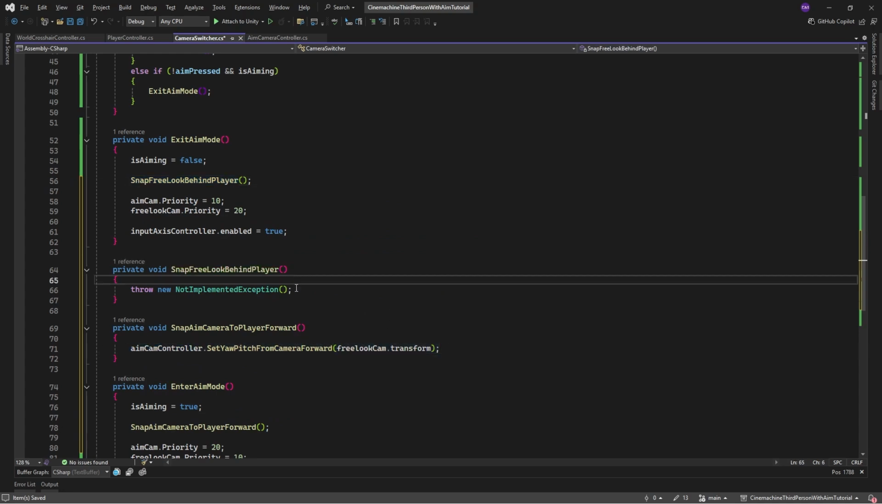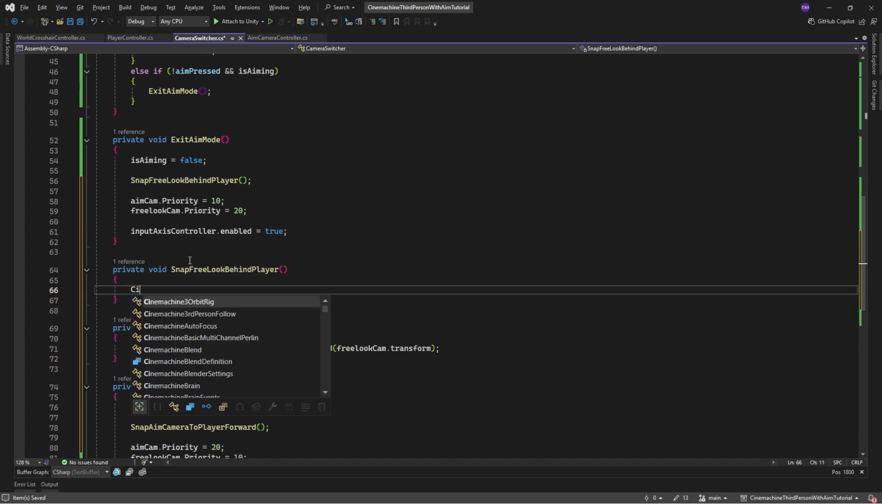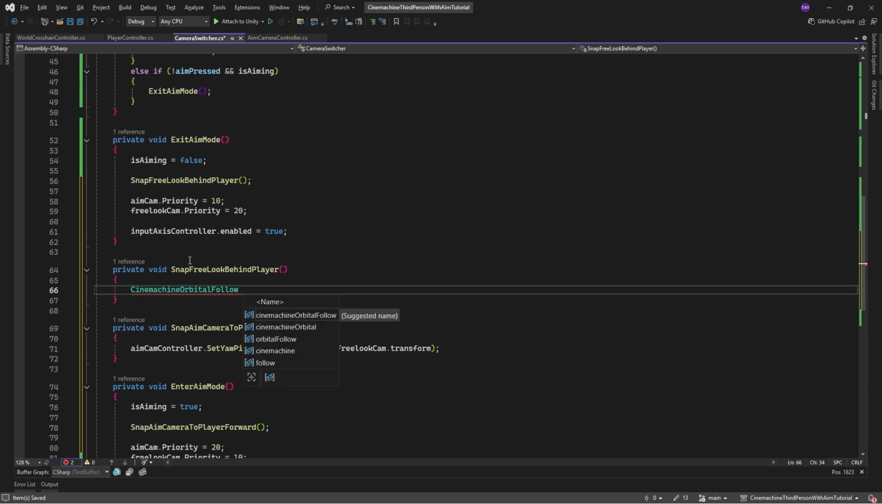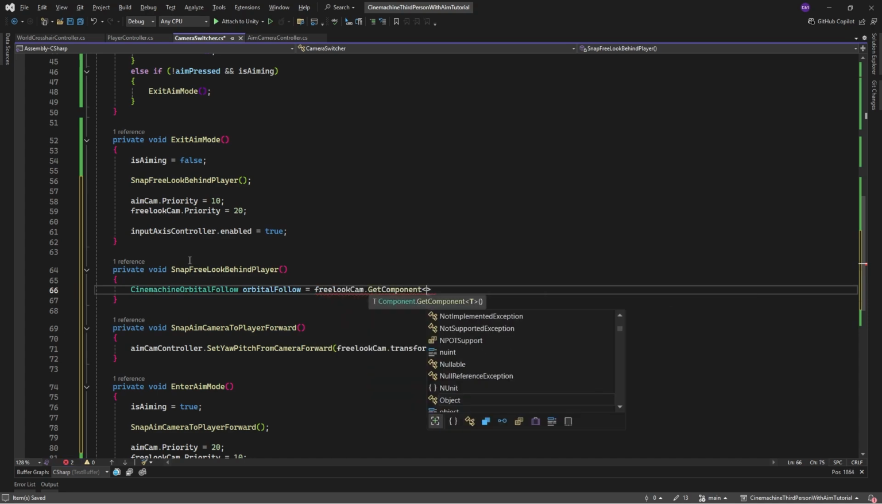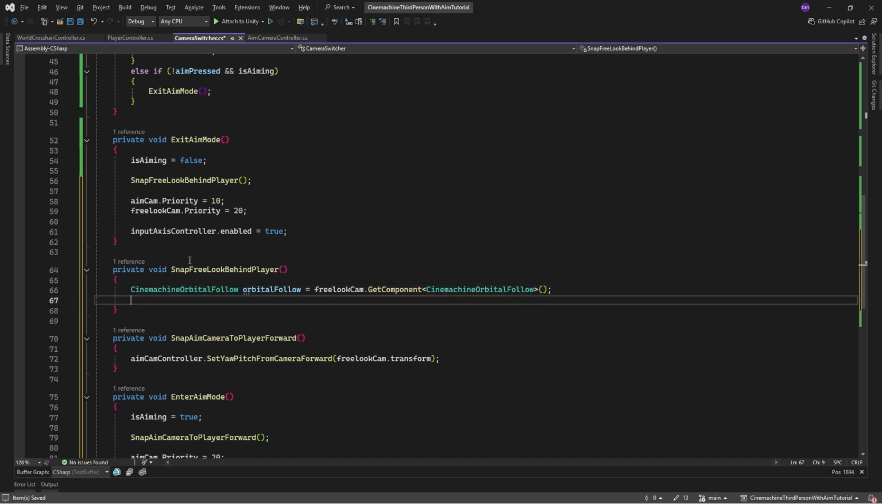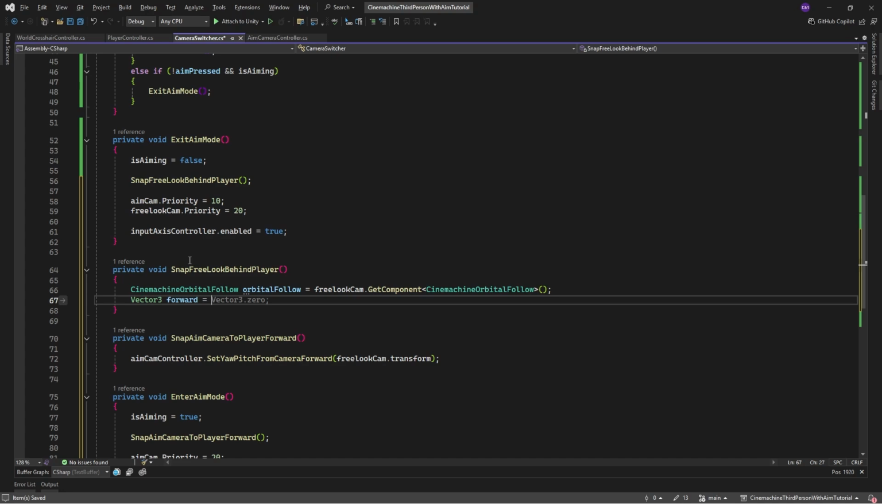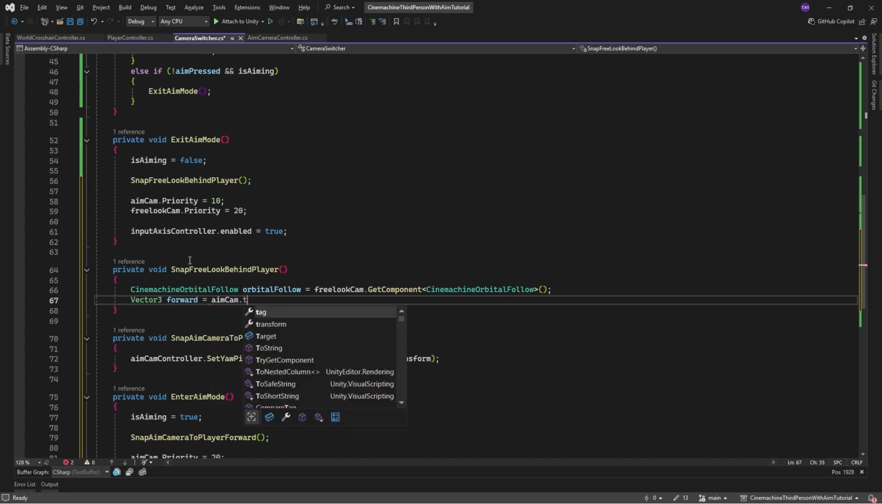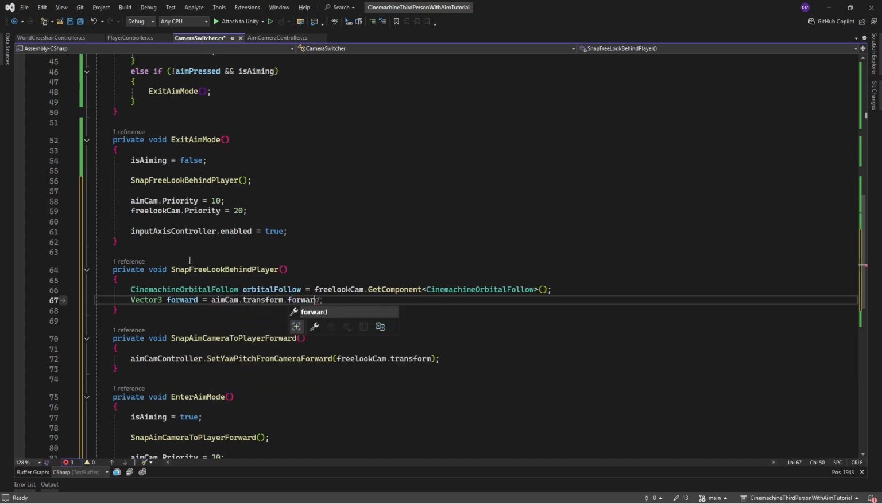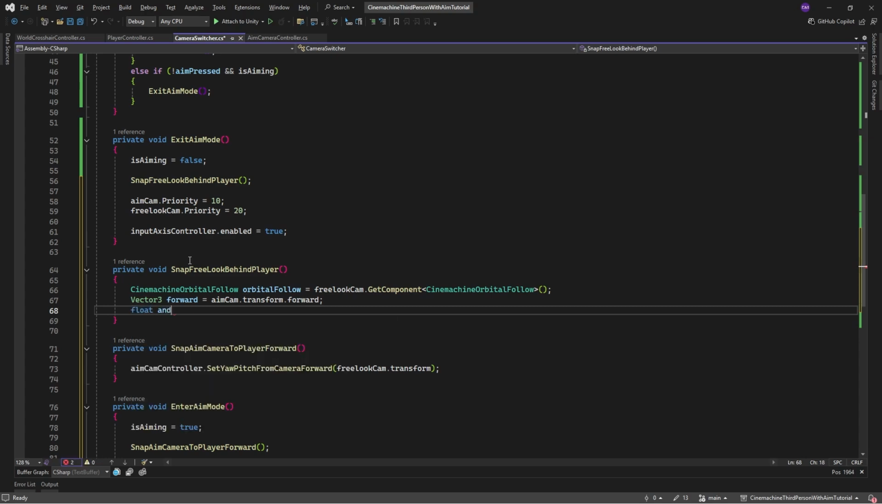Because again, the free look camera is not moving while we're moving in aim mode. So in here we will say Cinemachine orbital follow, and we'll create a new variable called orbital follow equals the free look cam.GetComponent Cinemachine orbital follow. And then we will say Vector3 forward equals our aim cam dot transform dot forward, and float angle equals